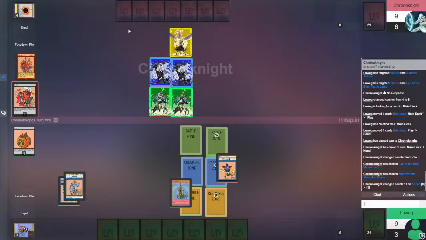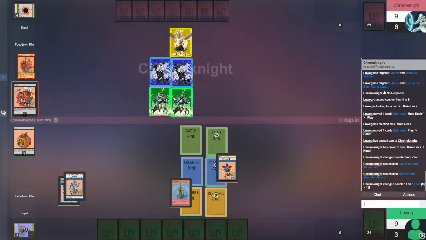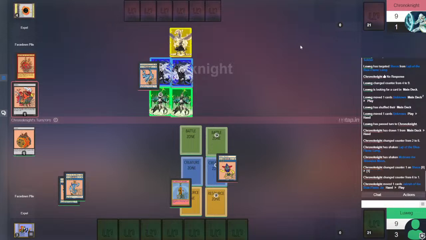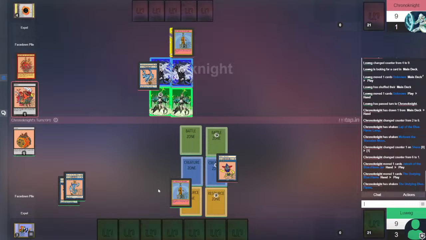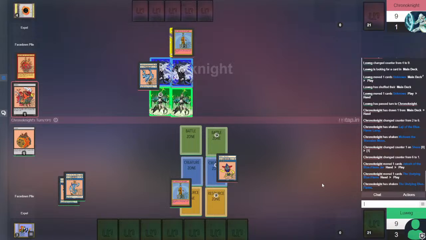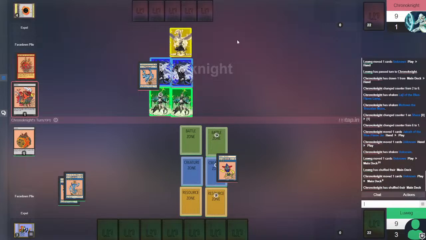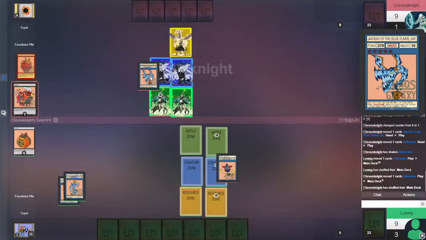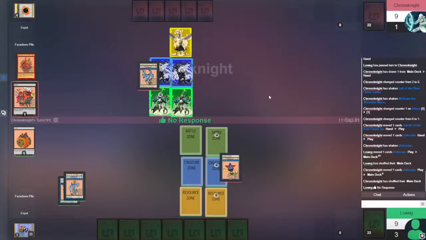CHRONOKNIGHT is definitely thinking a little bit here. Still got a decent amount of card options. 6 stars. We're gonna see what he does. Oh, and he's gonna go full big with the Undying Blue Flame and Chakra. Gonna shuffle that Undying Blue Flame into the deck with Chakra. That is going to remove both from the field, but I think the thought process there was just